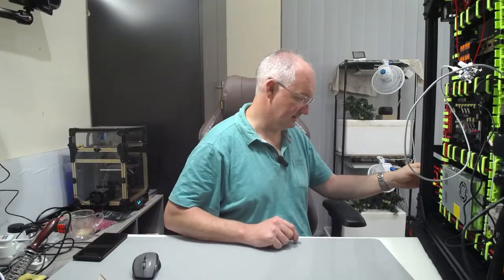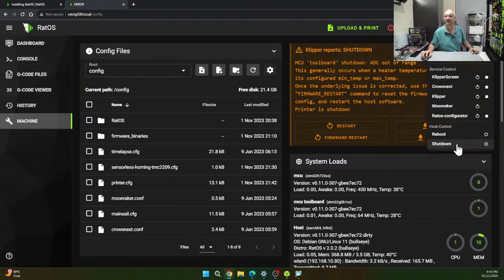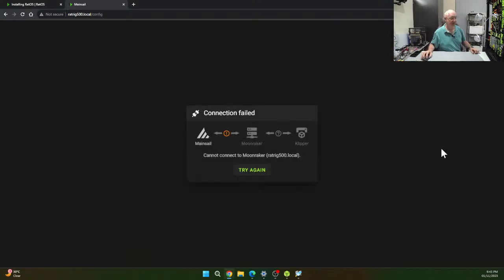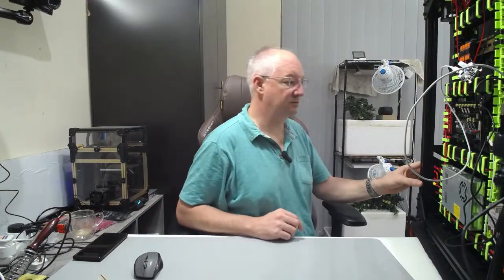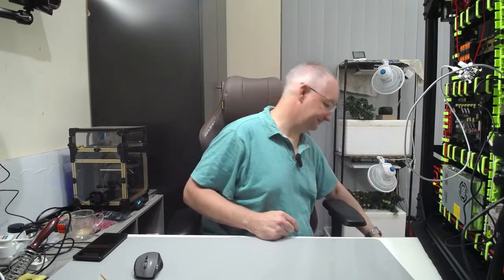So let's come back to the main screen, and what I'm going to do is a shutdown now, because I don't want anything to go wrong, and I don't want to pull the power on the board until I know that it's shut down properly. Right, it's shut down. Okay, so I can now switch off both power supplies, and I can pull out the AC cable,